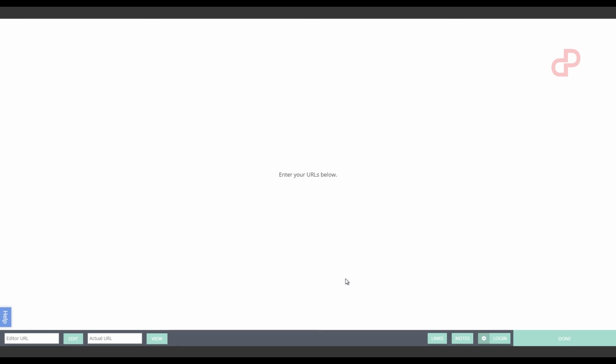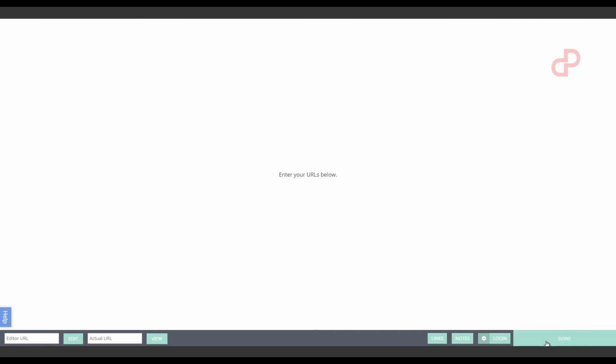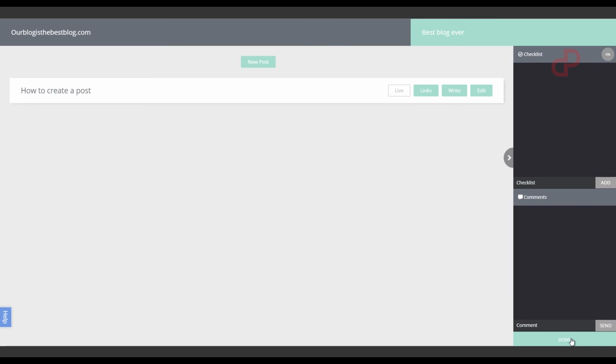In addition to this, we can see our notes, which would be the Write section, by simply clicking the Notes button. Click on Done once you've edited everything, and we're going to tie everything together by assigning checklist items and creating comments for ourselves in the team and for the teammates to collaborate together and get the blog post ready to launch. So for example, let's put a checklist